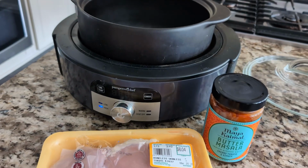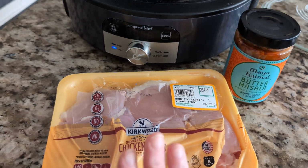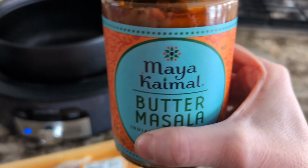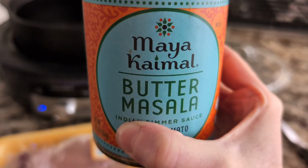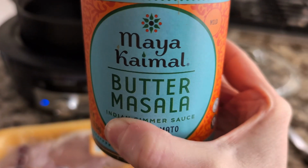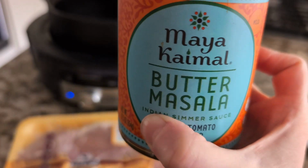I just love this because it's so simple, few ingredients. I start with boneless, skinless chicken thighs, about 6 to 8 thighs, and I have this Indian simmer sauce. I found this at one of our local specialty stores, but I've been seeing varieties like this at Aldi and other grocery stores. You can find like korma, tikka, curries. This one is butter masala,